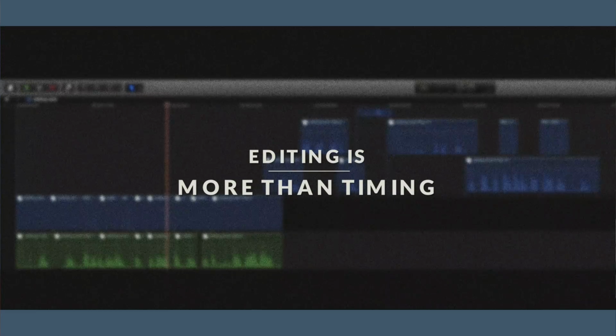But editing isn't just about timing. In real life conversations you're not always looking at the person who's speaking, and as the editor you have the power to influence where the audience is looking. So when one character says the line, "The people in this town, your friends," he's making it personal, he's reminding him that it's going to affect him too. So as he says that, we have a shot of him breaking eye contact, which I think is a really powerful way to show the audience that the protests do matter to him. The fact that it's his friend, his town, that's at risk is difficult for him to hear, so he looks away. So we don't always need to see the person who is speaking, often the people around them and their reactions are a lot more important.